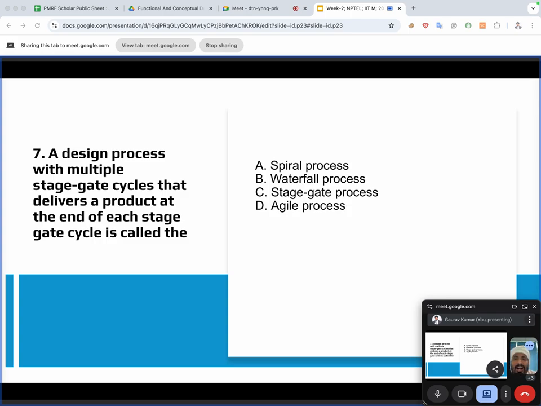The key stages are discovery, scoping and building the business case, development, testing and validation, and launch. At each gate there is a review of performance, and market and financial analysis. The advantage is strong project control and risk management, which increases the success rate of product launches. The disadvantage is that it can be rigid and slow in a fast changing market, and heavy documentation is needed. Next one is the agile process. I think a few minutes back we already discussed agile.